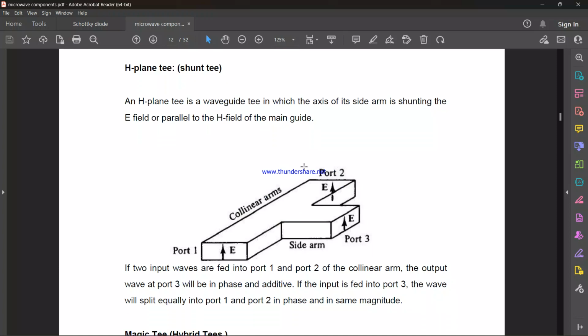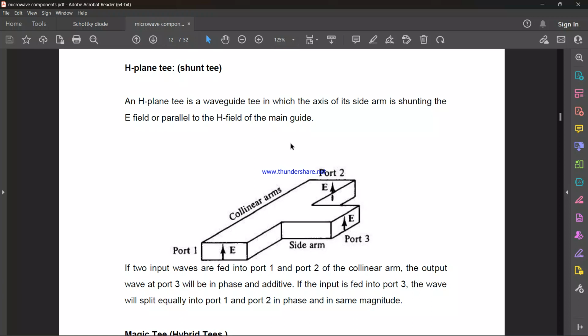And if you see the H-plane T, it is called a shunt T, and here the axis of its side arm is shunting the E field and parallel to the H field of the main arm. This is the main arm. If two input waves are fed into port 1 and port 2 of the collinear arms, the output wave at port 3 will be additive and in phase. If the input is fed in port 3, the wave is split equally into port 1 and 2 as they are connected in adjacent. So waveguide T means we will see the E-plane T and H-plane T in microwave,